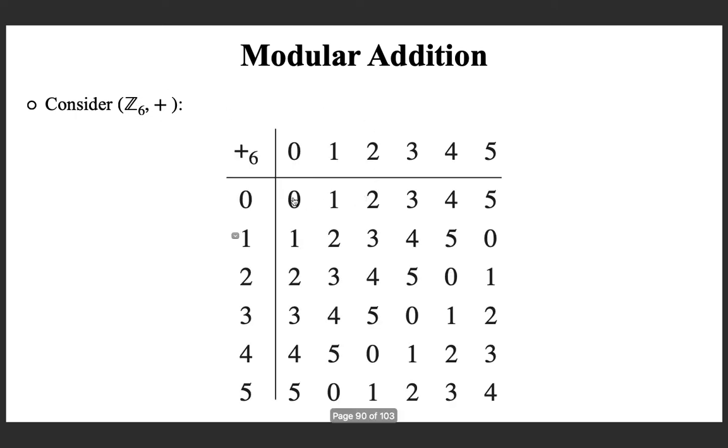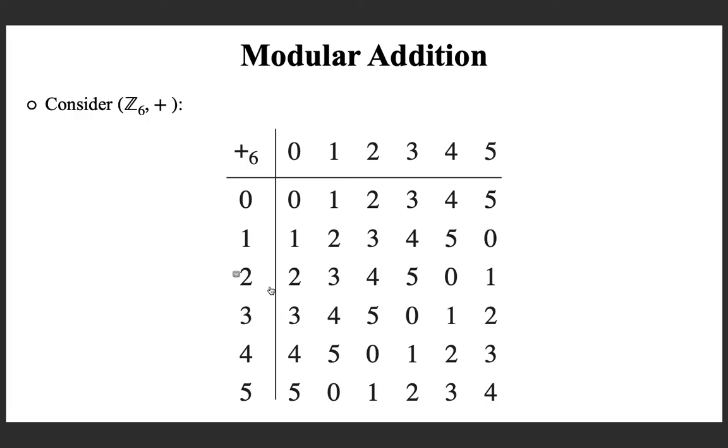Now we are going to modular addition. You consider this group, and what is this set? The modulo 6 numbers, where addition is what you are going to look at. These are the modulo 6 numbers. These are the numbers, and if you look at their addition, that can be completely represented by a matrix like